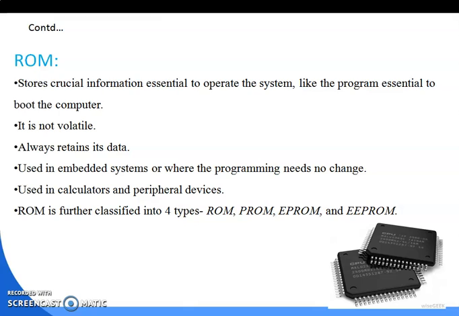So let's discuss the first thing: ROM stands for read-only memory. The chip looks like this on your motherboard. Such a type of chip is mounted on the motherboard permanently. But with RAM, there is a slot, so you can remove the RAM chip or memory card from that slot, and then you can put another new card within that slot.